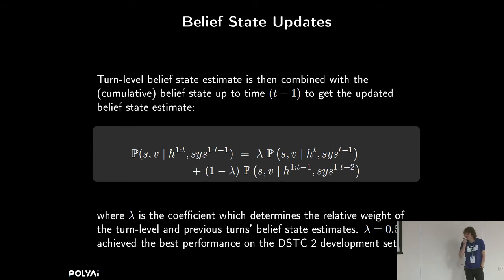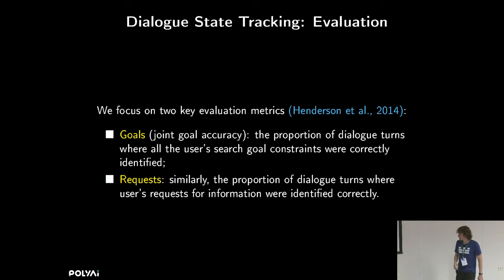Okay, now we have to see how our model actually works. We're going to use two pretty well-known measures from dialogue state tracking. The first one is called joint goal accuracy, and the second is the proportion that gives you the score of whether all search goal constraints from the user, like area, food, number of people, were identified right by the system, and requests is the same thing just for requests. So if, for example, address was correctly identified,